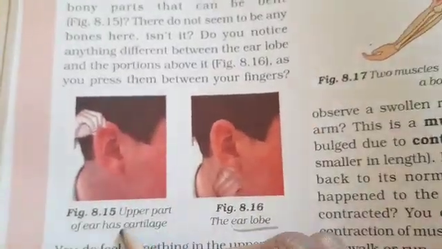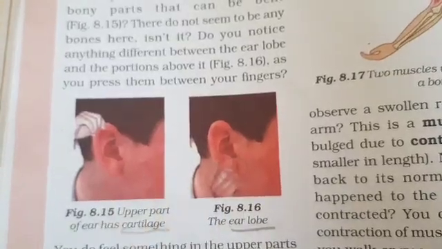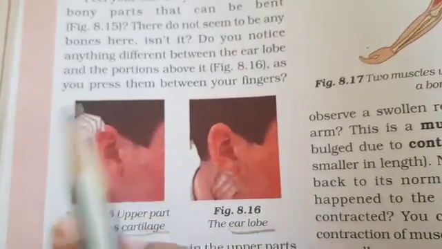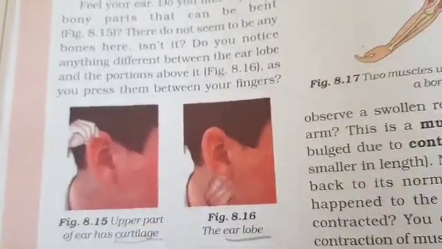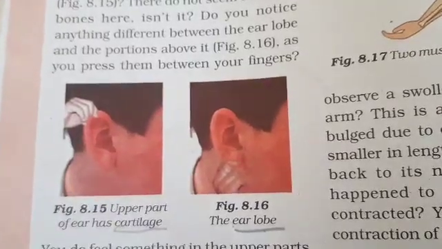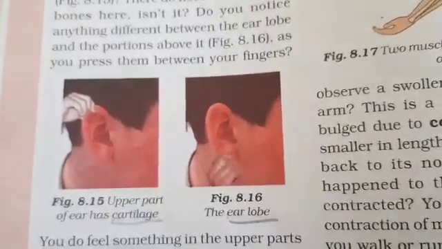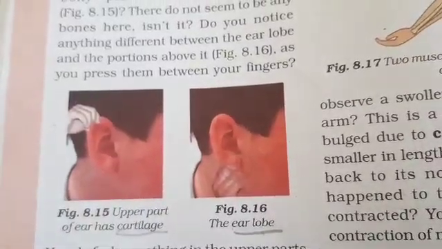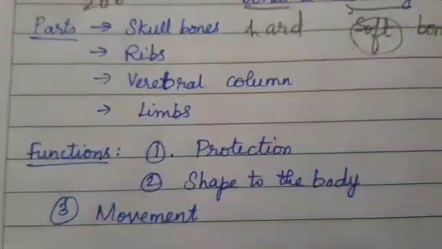Okay, so cartilages are also bones which are soft, not too soft like the earlobe, as well as not too hard like the other bones which are present in the brain, rib cage, backbone and all. Okay, so you could see the cartilages in the ear. The human ear has the cartilage bones, the soft bones.